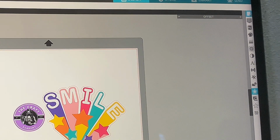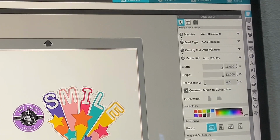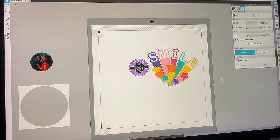Now I'm going to go to this other part, the first panel, which is the page setup panel, right? I'm going to click on it and you are going to click on this third option, which is the registration mark. Once you click on the registration mark, you put on the registration mark and then you have these